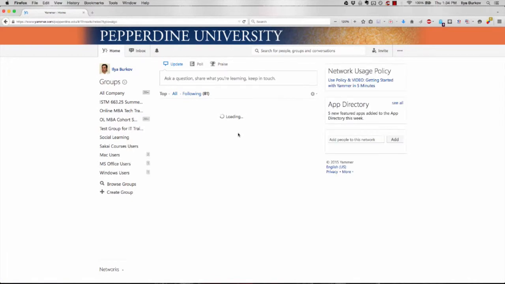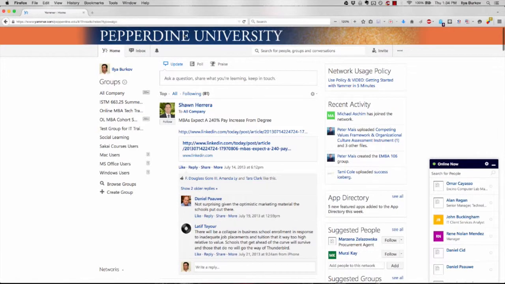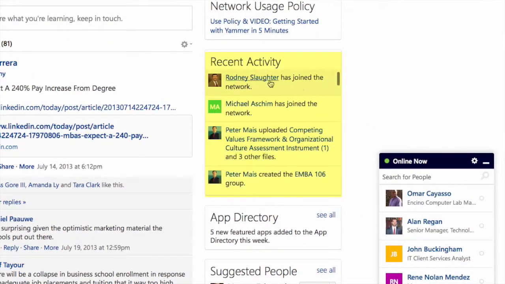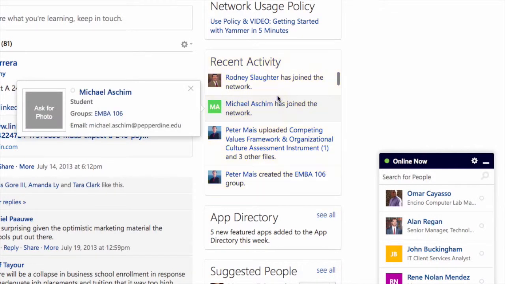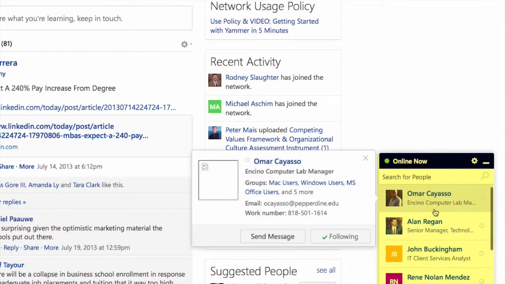This is Yammer. As I mentioned before, it is a custom social network. Up top, you see the logo, Pepperdine University, and you should be greeted with a similar looking interface, similar to Facebook, let's say. You'll notice there are a few different portions here. You'll notice recent activity here, which shows latest posts. You'll notice who's online, people you've added that you may be interested in following,